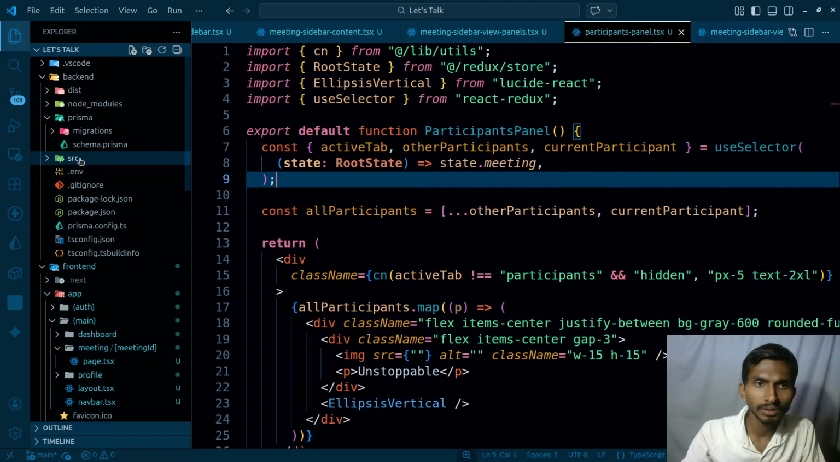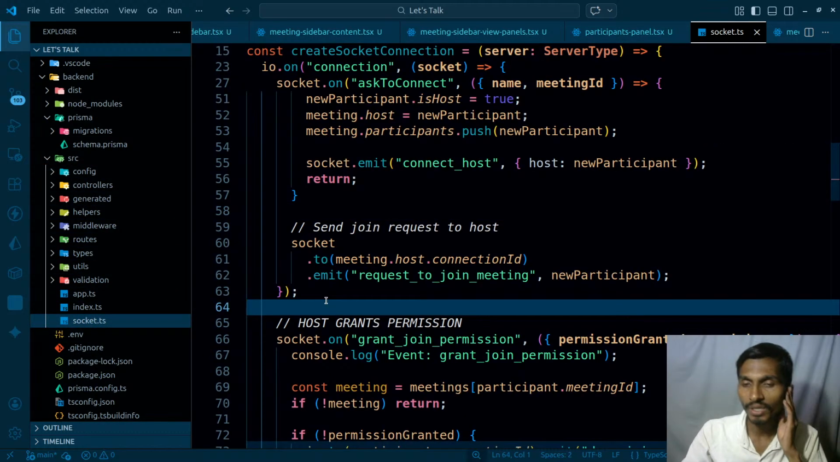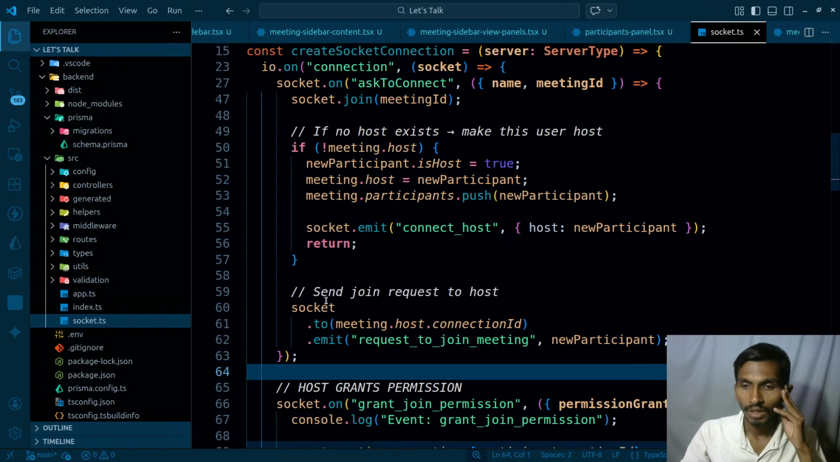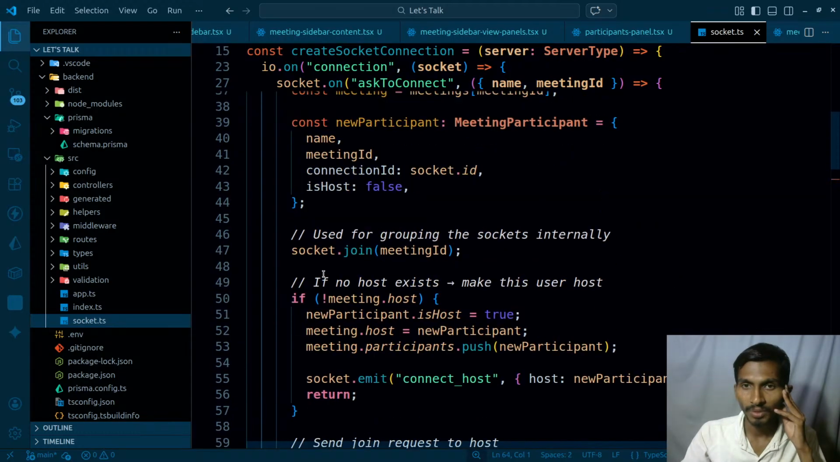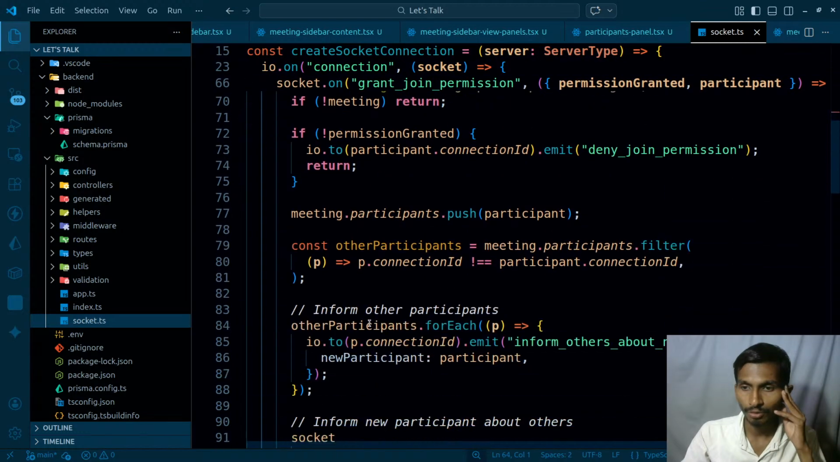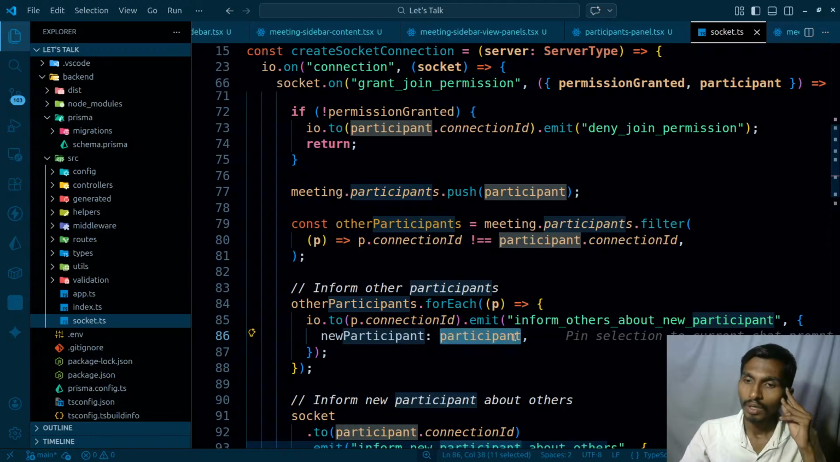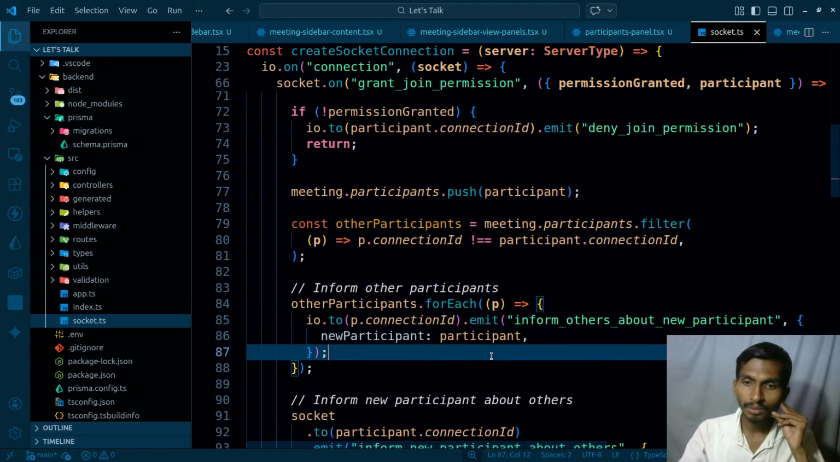backend, and inside this, if I check this socket.ts, from here I'm sending the data. Especially when the data is being sent, when I'm informing others. When am I informing others? When I'm granting the permission. When I grant the permission, at that time I inform others, and I provide the participant info. And when it comes to this participant info,